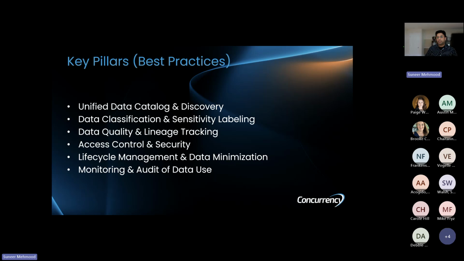So the key pillar of governance is having a unified data catalog and discovery. So what does that mean? It means you have an inventory of all data assets, data lakes, your databases, and so on, right?